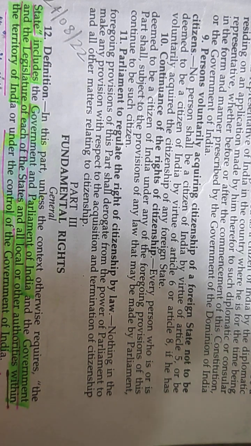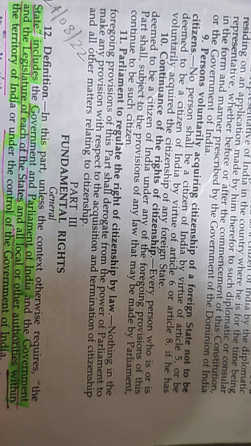According to Rajasthan Electricity Board versus Mohanlal, the case of 1967, the Supreme Court held that other authorities include all authorities created by the constitution or statute on whom powers are conferred by law. In this case, the state includes those authorities which are created by the constitution or by a statute. They are getting power through law.